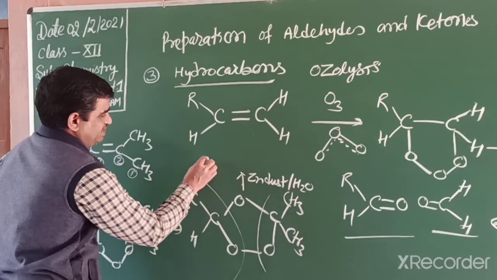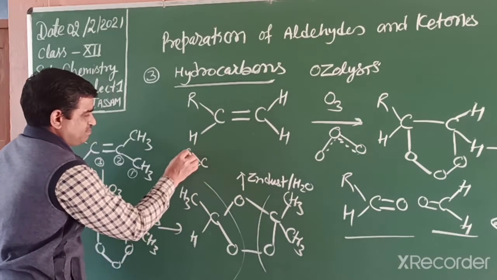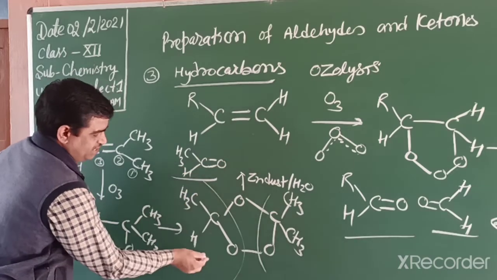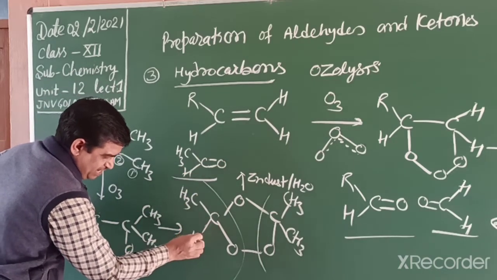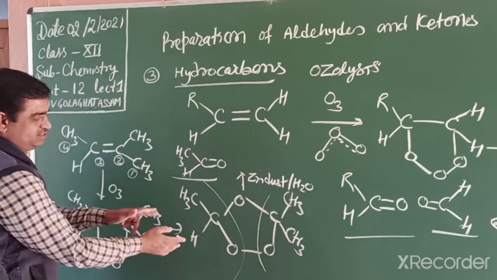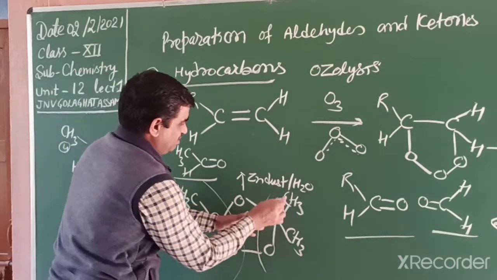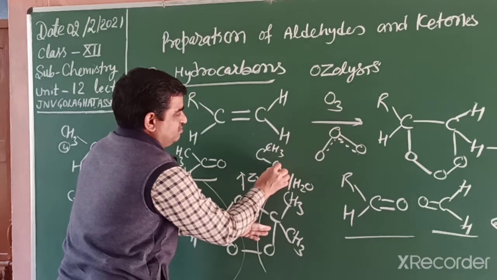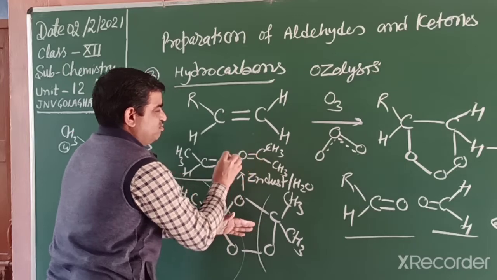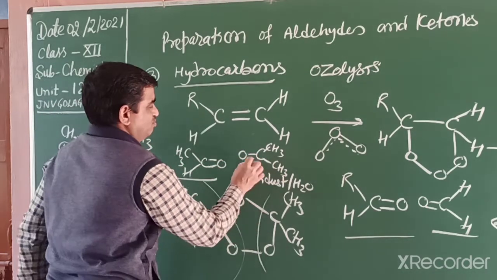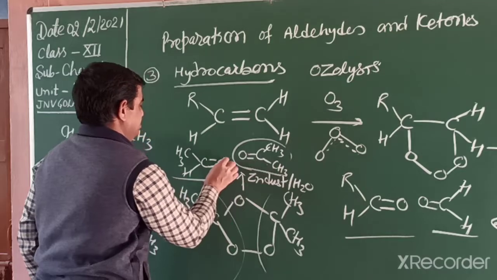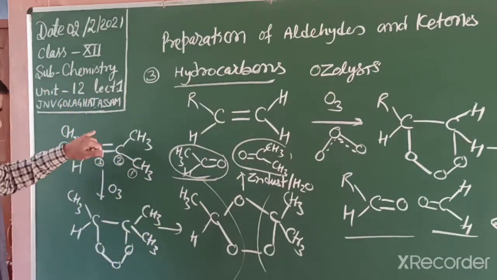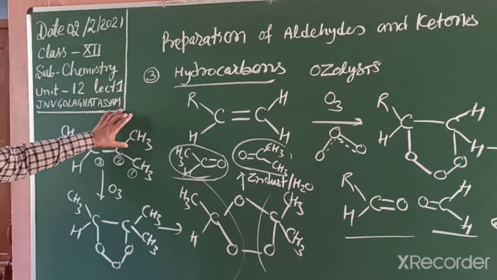So the product we get in this reaction is, one is ethanal, meaning aldehyde, because this carbon has one hydrogen attached on this side. So this product is an aldehyde, but the other one depends on the type of alkene. So we get propanone, meaning a ketone. So students, this is a very important method to identify double bond position, especially this